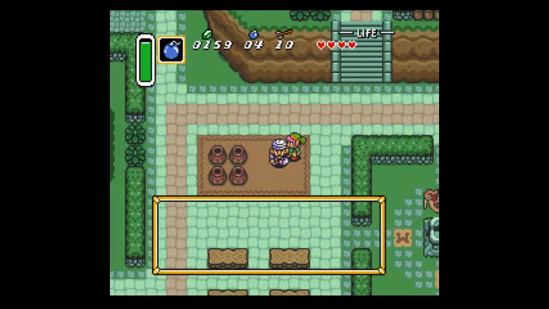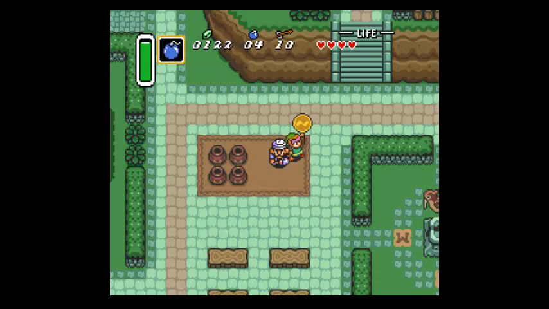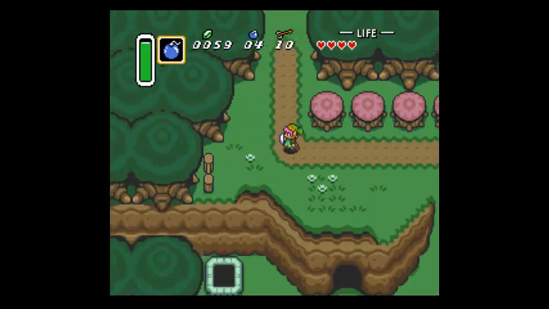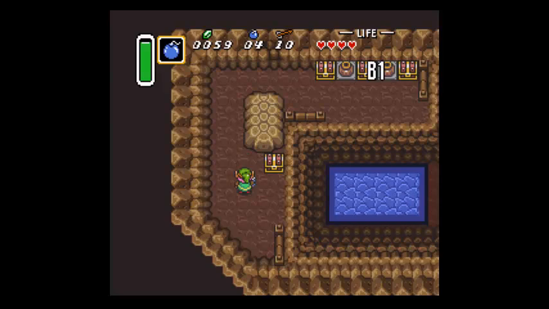Alright, so let's buy the bottle. And instead of a bottle, we get the Quake Medallion. Great. We might need that later, we might not. We'll see. I'll talk about that more when it becomes pertinent. Okay, another